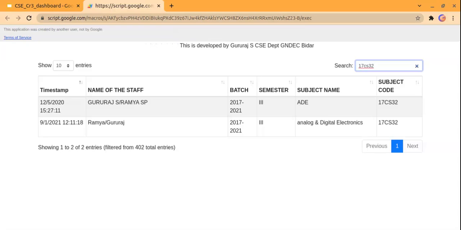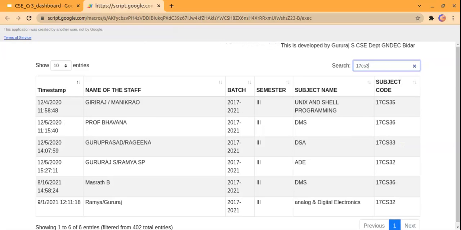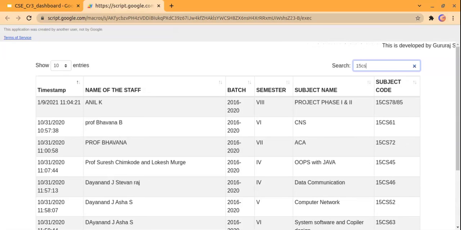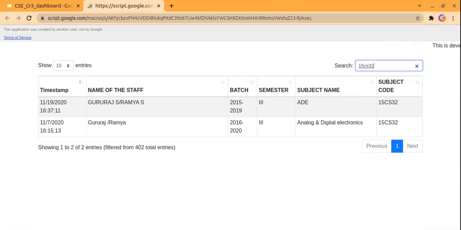So you can see how many sheets are available with that same subject code. If I type 15 CS 32, again you can see 1519 batch and 1620 batch. So for two batches we have the sheets here.